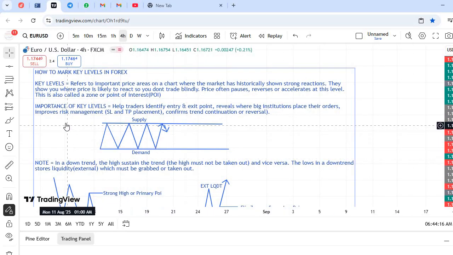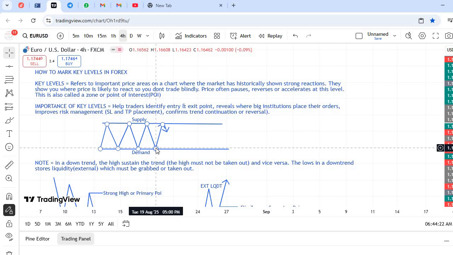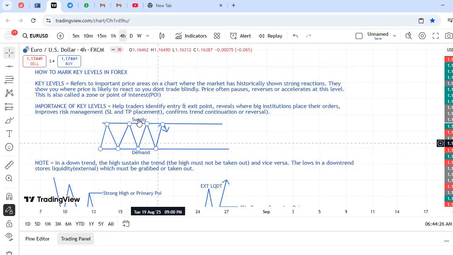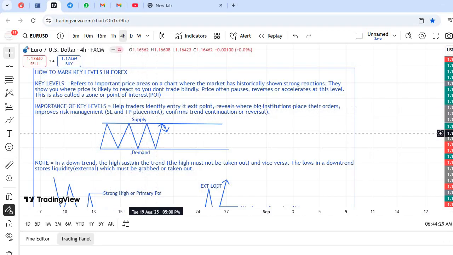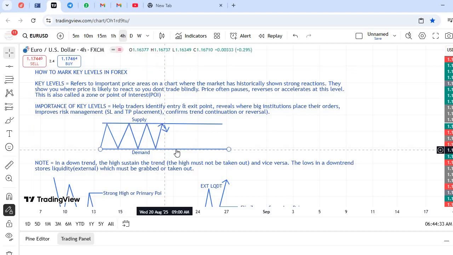Then another importance is that it helps to improve your risk management. Once you know that you have identified your key level and you have also identified your entry level, then you know where to place your stop loss and your TP. You know where to place your stop loss. So for instance, if you are taking a trade,